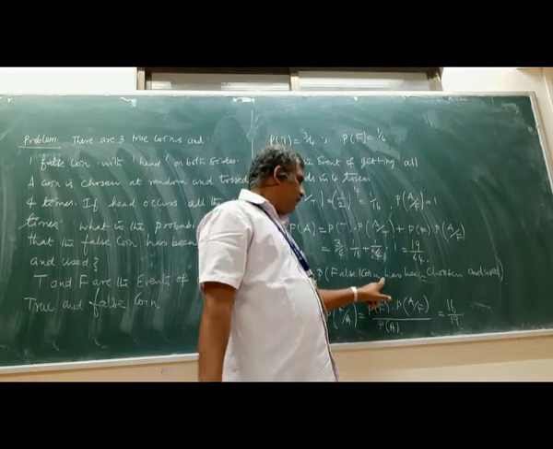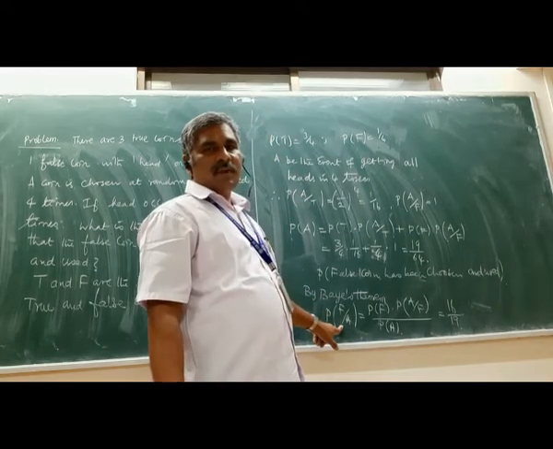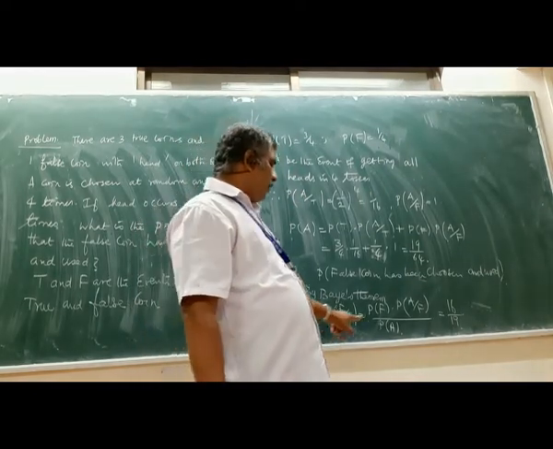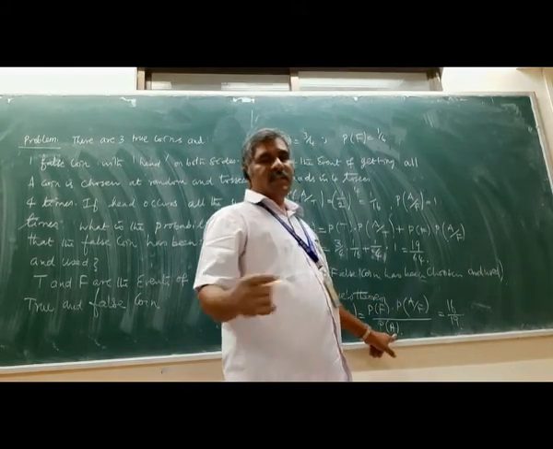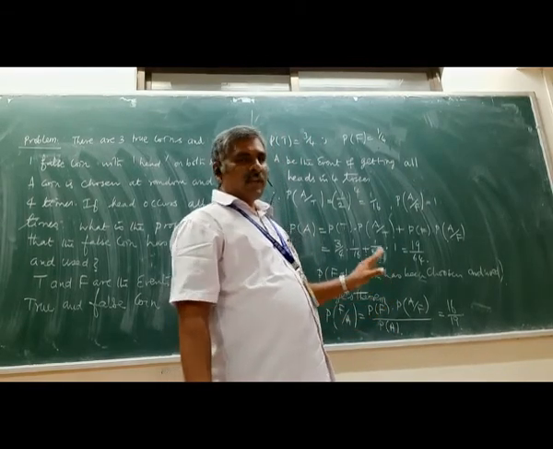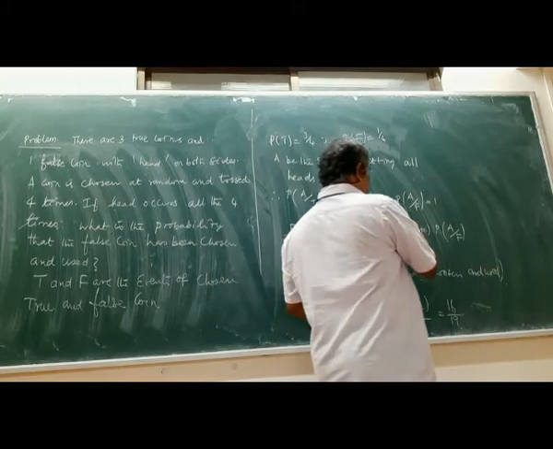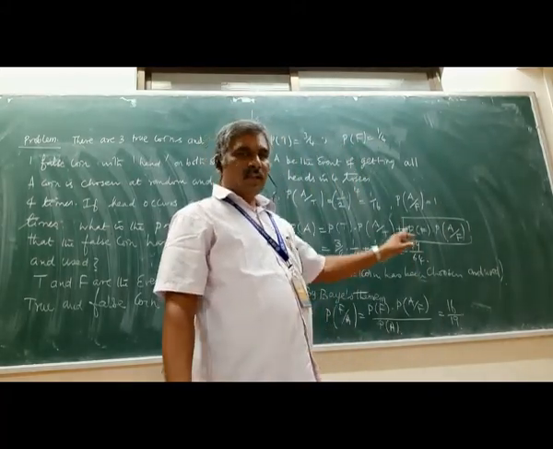every time? So by the Bayes theorem, what is the probability of F by A? Probability of F with the probability of A by F divided by probability of A. As mentioned in the last problem, very simple concept. For the false coin, what is the favorable one? The second term is the favorable one, and that is the numerator.